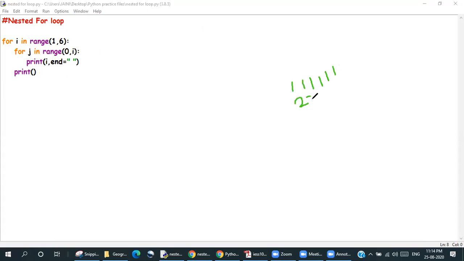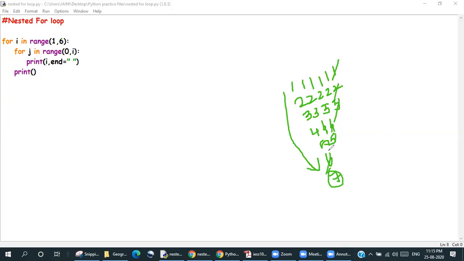Then I want number two to be printed 5 times, right? Then number three has to be printed 4 times, correct? Then four, four, four, then five, five, and then 6, correct? This is what I want. So for this number one, I should have it till 7, correct? So this should be 7 if I want this, but let's just say all of this is one less. So automatically it will come to 5.